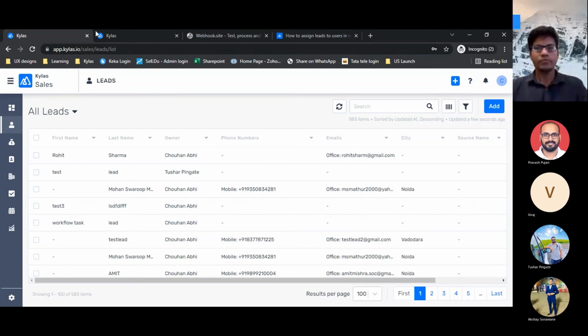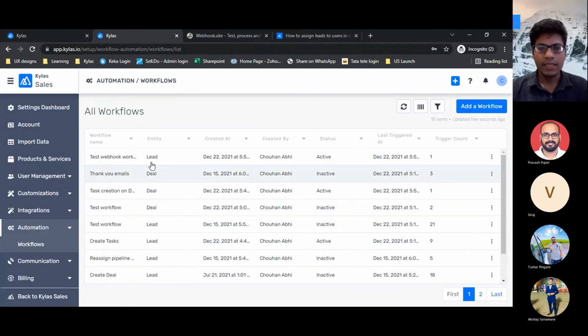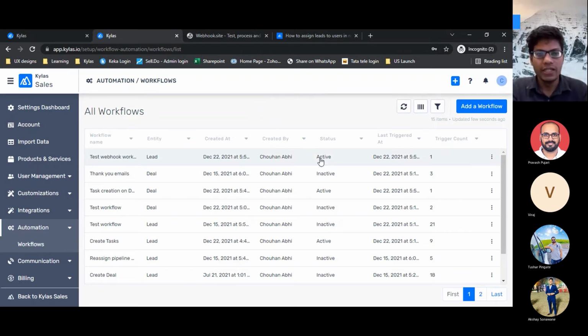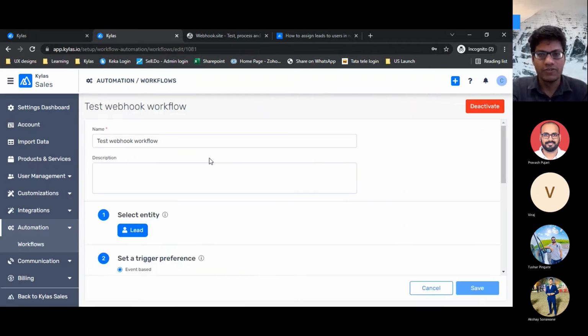Now I want to equally distribute every single lead that is coming for Pune to all those 5 sales executives, right? In the typical reassignment workflow that we had seen earlier, we can choose only one user at a time based on a city, Pune or Mumbai or whichever, right? But in case there are multiple sales users in our team and I want to distribute those leads equally among my sales users, how would I do that? Okay, so in that case, this round robin assignment comes into the picture. How do we achieve that? We achieve that with the help of webhook.